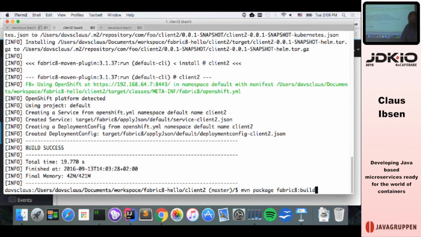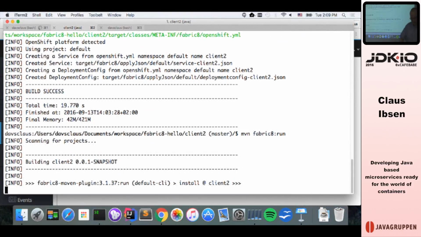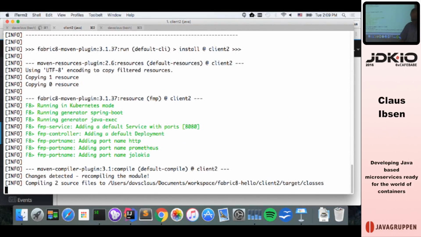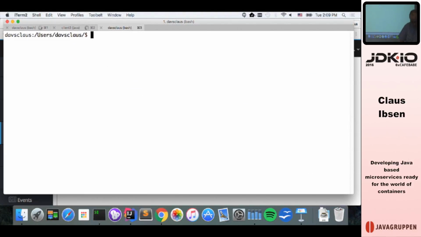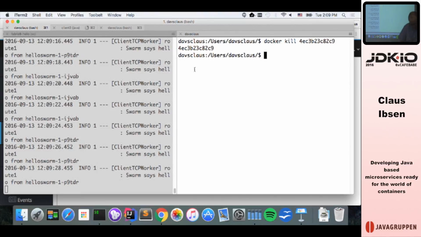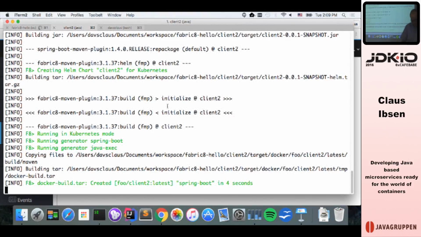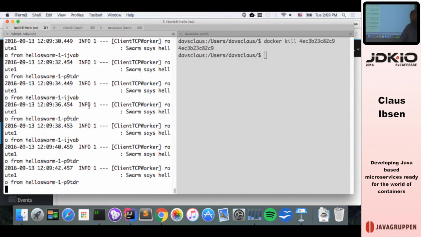And so we go here to the source code and we package, we run it again. So now it will build the source code and deploy it to Kubernetes and update the client. So over here, oops, sorry, this guy. Just wait for this one to finish. So now it is building the client.